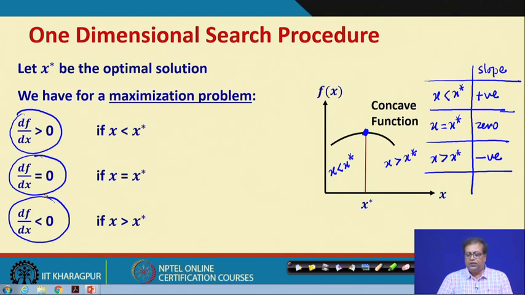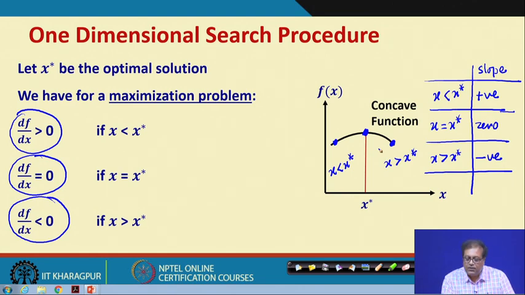So, what we do is, suppose we do not know the function, but we take 2 points. Suppose we take one point here and one point here. Where do we get these 2 points from? It is not that these 2 points have to be exactly on both sides, but we should be able to find 2 points which we know with certainty, that one is on this side and the other on the other side.